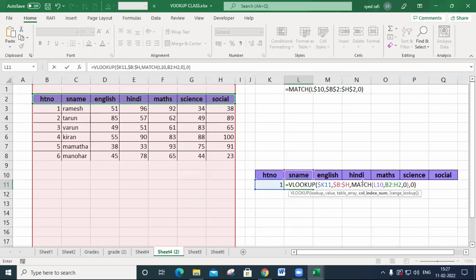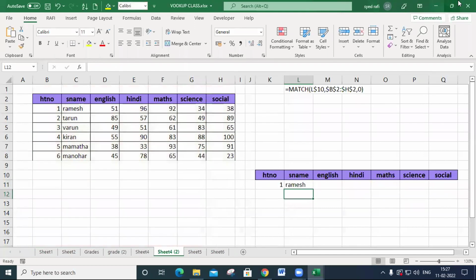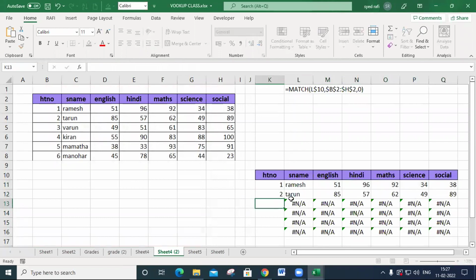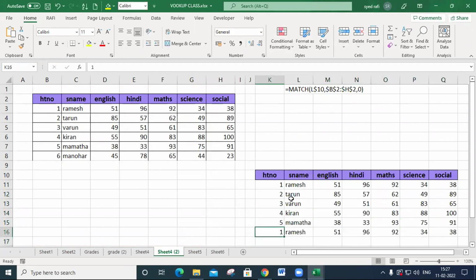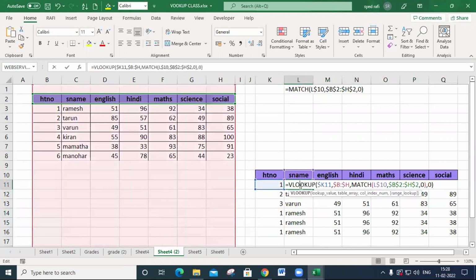The inner 0 indicates the match type. The 0 outside is the fourth argument of VLOOKUP. And in MATCH, the first parameter row is made a constant and the data source must be made a constant, and press enter. It will be a full-fledged dynamic lookup reference. So automatically there is only one formula. Any number of times you may enter 111, and it will be displayed like this. It is fully dynamic. So the combination of VLOOKUP and MATCH makes it fully dynamic.